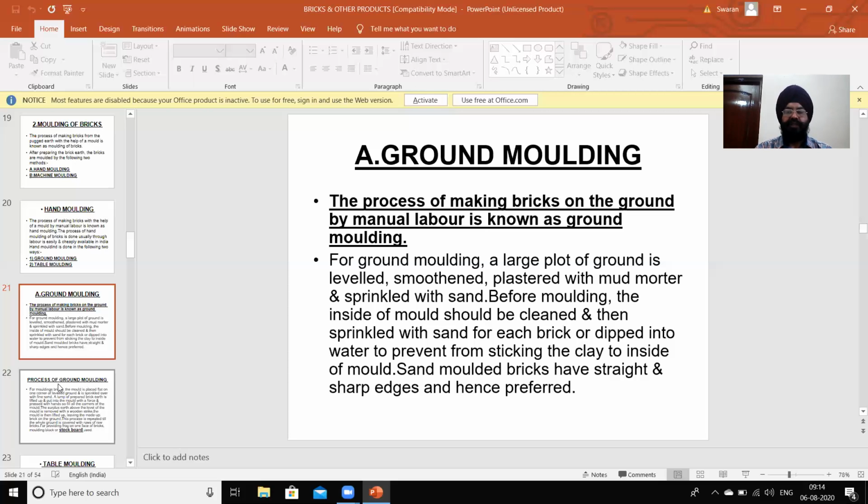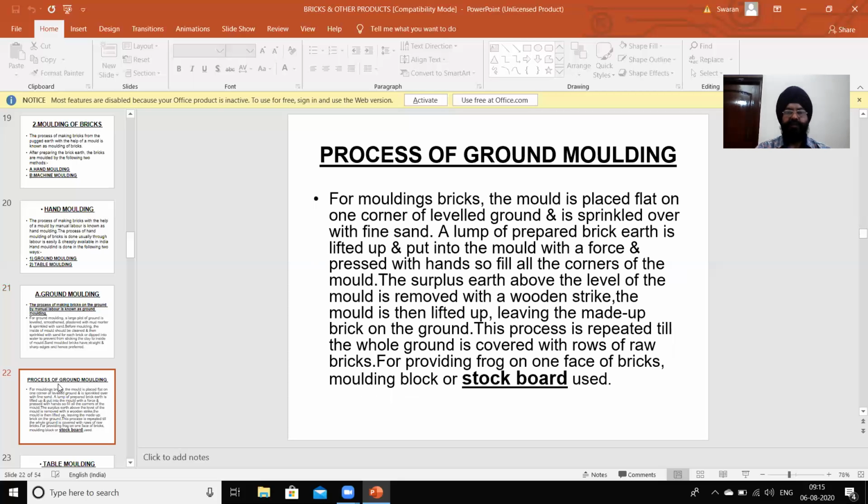Sand molded bricks have straight and sharp edges and hence are preferred. So this is the process of ground molding.